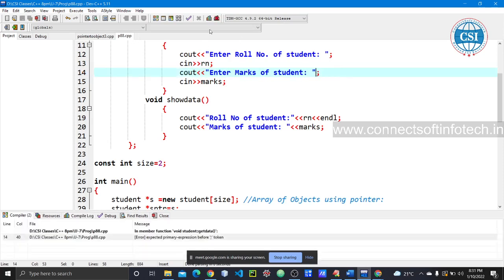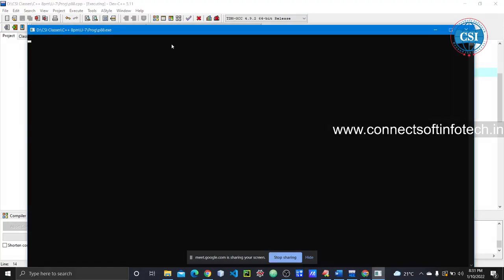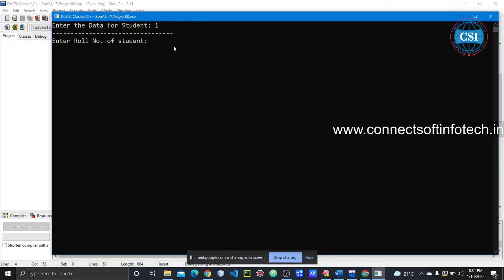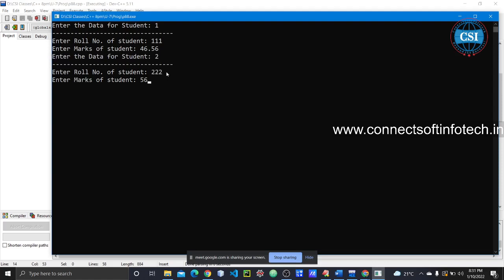Yes, now observe the output carefully. After incrementing, enter the roll number of student. Suppose we have roll number 111, and some marks. Now enter the data for student 2: 222, and enter the marks of student 2.